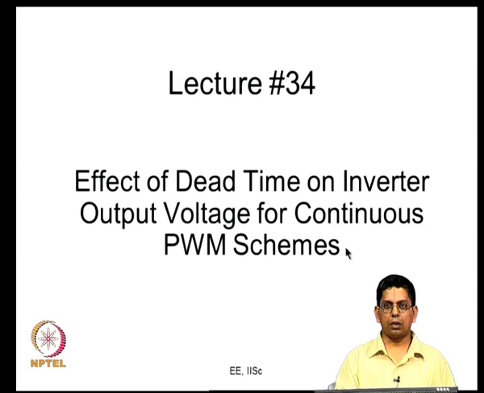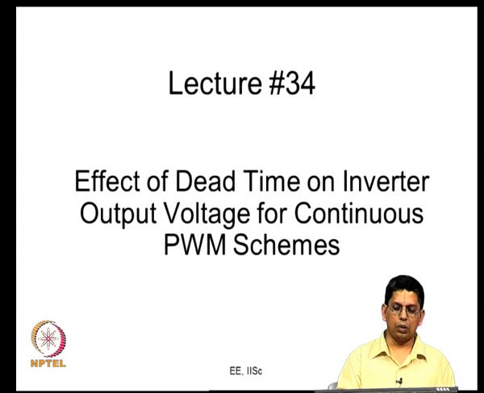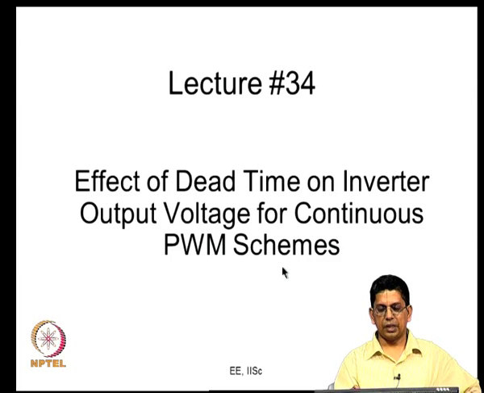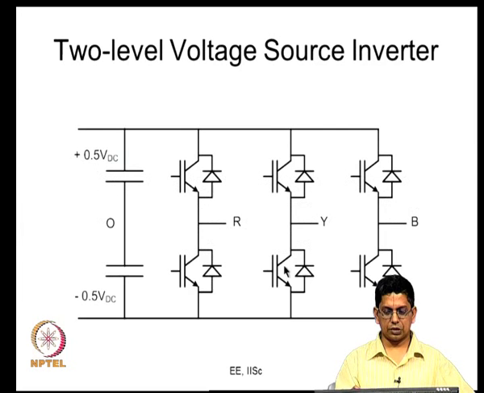I have given you a fairly detailed description of the course in this present module. So, for the specific lecture, we are going to be focusing on the effect of dead time on the inverter output voltage for continuous PWM schemes. What I mean here is, we have a 3-phase voltage source inverter, being modulated using a certain continuous PWM scheme. We will start with sine triangle PWM. By default, we will assume that it is being modulated with sine triangle PWM, and so we will start seeing what dead time is and what its effect is on the voltages, right.